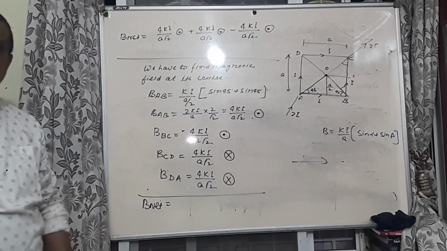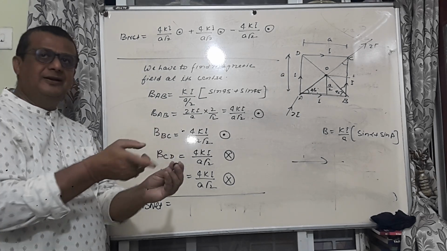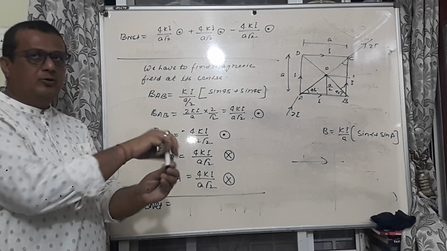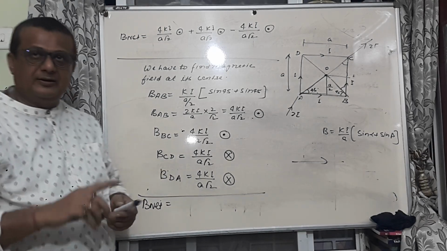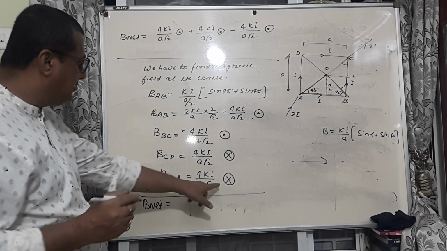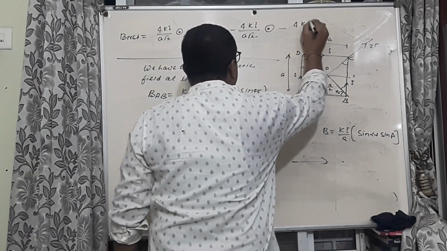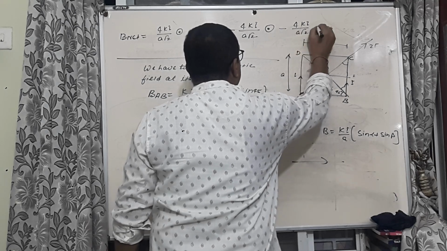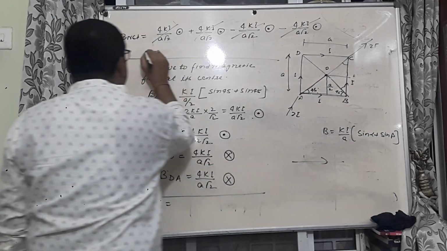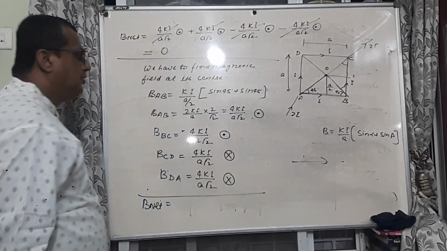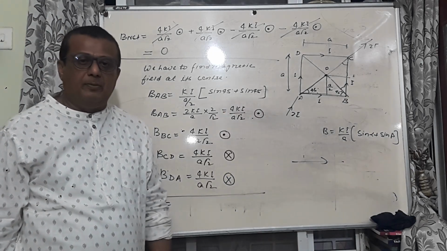Because you know vector outward and inward: if you are making outward into inward, then a negative sign; inward to outward, again a negative sign, because you know the reverse vector in vector concept. Now here also minus 4 Ki by A root 2, which will also be outward. So we have got that all terms will be cancelled and the net magnetic field will be equal to 0. It is the complete application of Biot-Savart.